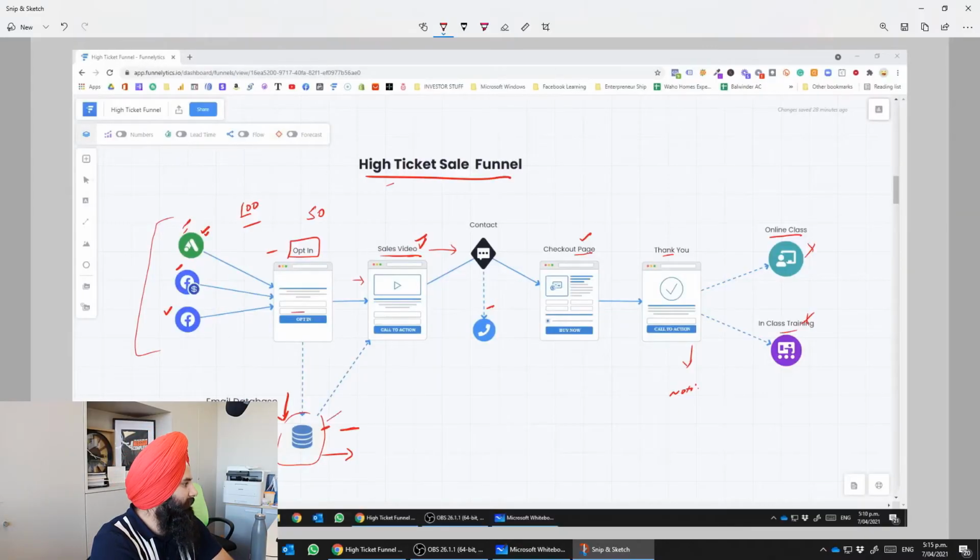Then from those 50, for example 10 to 15 people come onto your sale page, and from them 7 to 8 people contact you, and from those 8 to 10 people, 2 to 3 people are going to buy your product. It means that you are good to go.